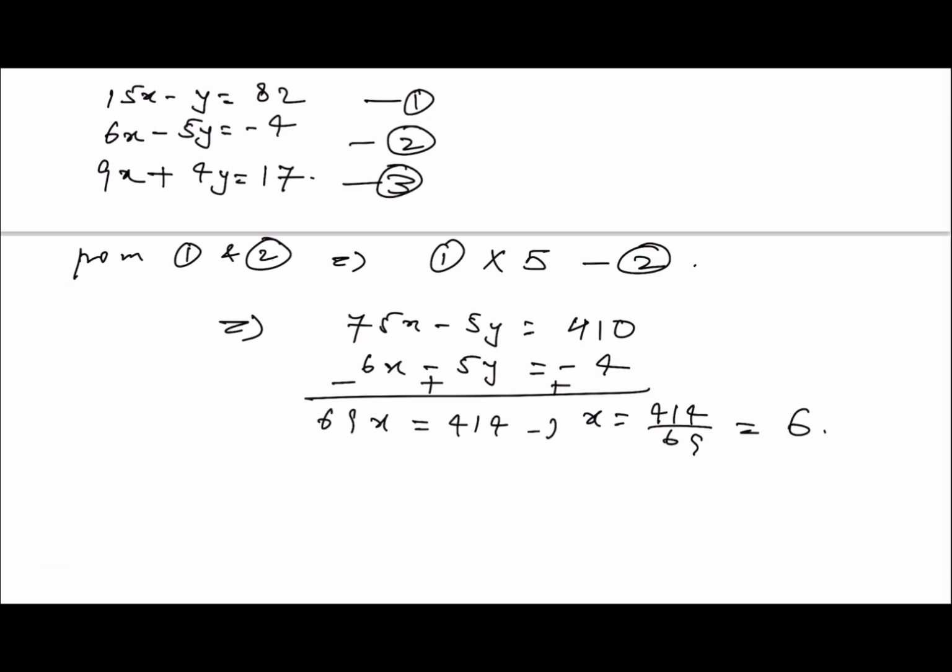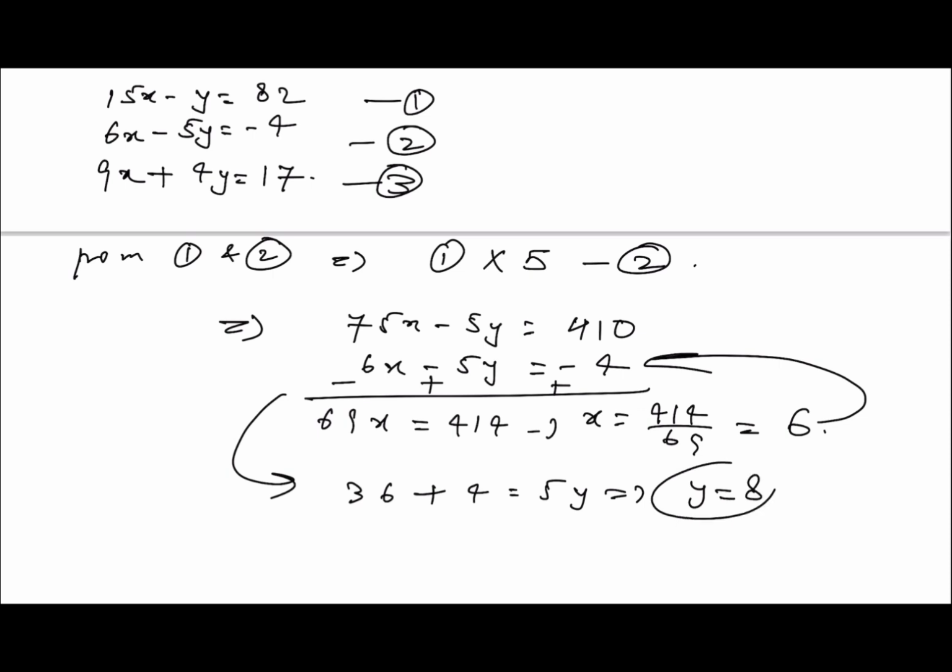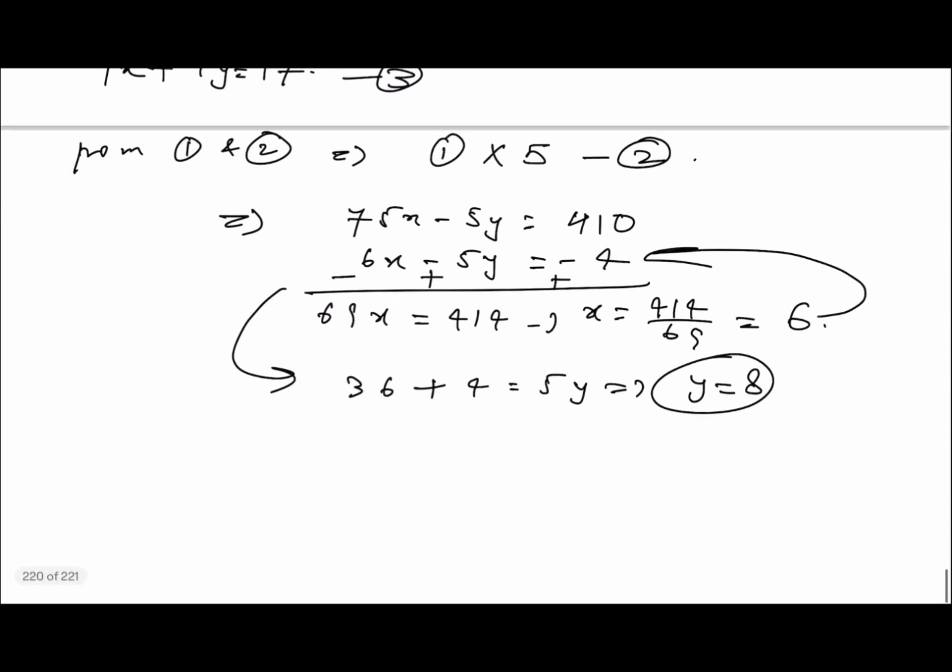So if I put x is equal to 6 in equation second, what will we have? 36 plus 4 is equal to 5y, means y is equal to 8, right? Now from second and third,